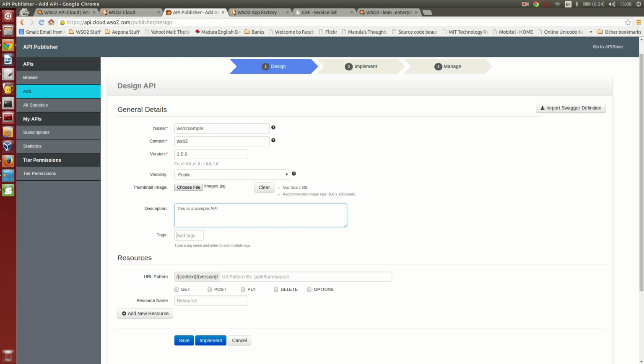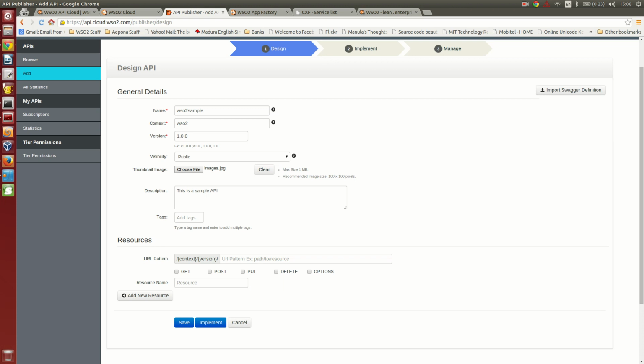And here tags. You can enter tags for your API and categorize it. Further on, you can use these tags to search for your API. And under the resource menu you have to give the URI pattern for accessing your API. My API is based on customers, which gives the customer details and customer names.